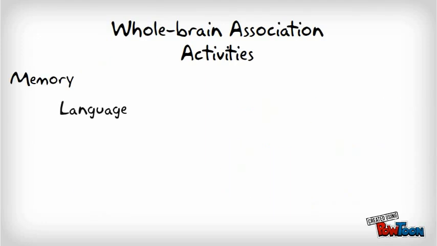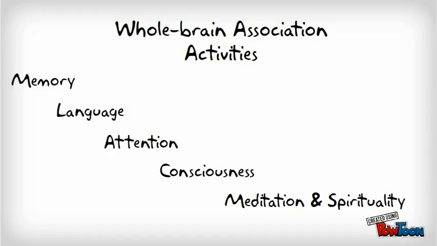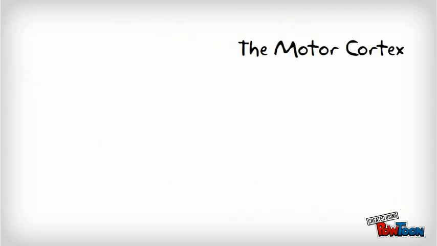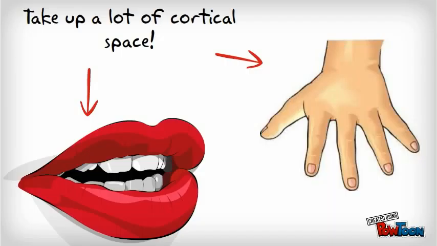Memory, language, attention, consciousness, and meditating and spirituality are whole brain association activities that require communication among association areas across the brain. Association areas are found in all four lobes. The motor cortex is an area at the rear of the frontal lobes that controls voluntary movement, such as waving or high-fiving someone. Body areas that require precise control, such as the mouth and fingers, occupy the greatest amount of